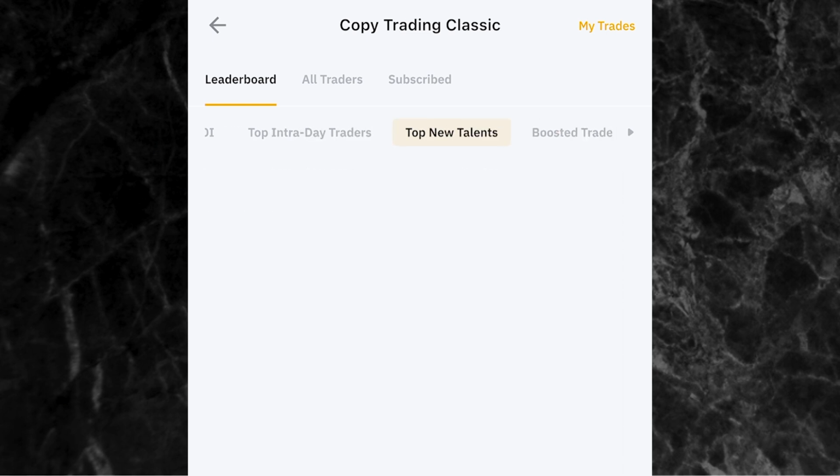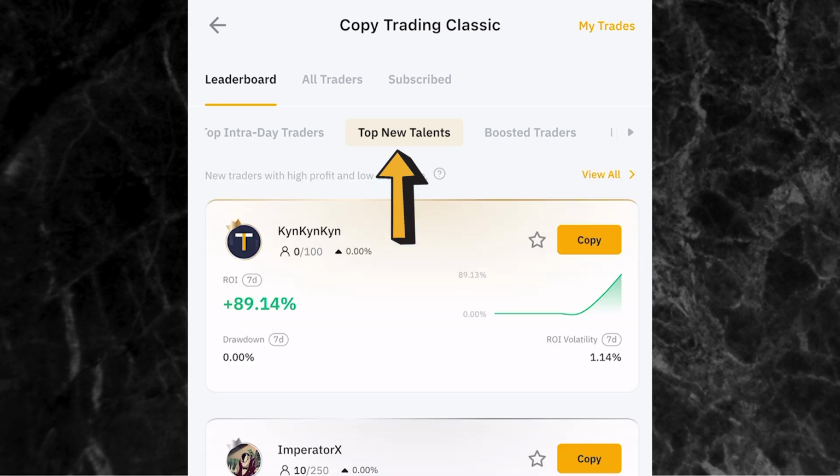Now, the next category will be where you have top new talent. Now, top new talents are where you can see new traders that just became master traders, but they have high profit and low drawdown. That means they have huge profit and just very low loss. That's just the meaning. So this first person right here, the profit is 89% profit in the last 7 days,